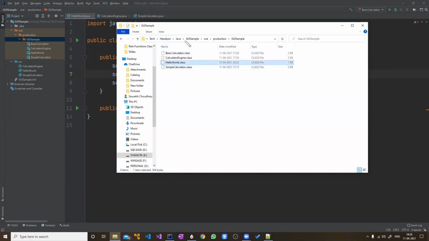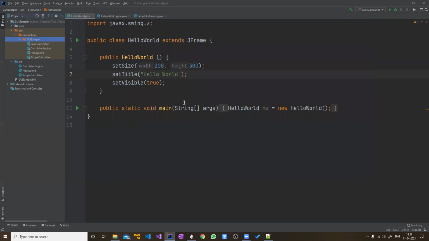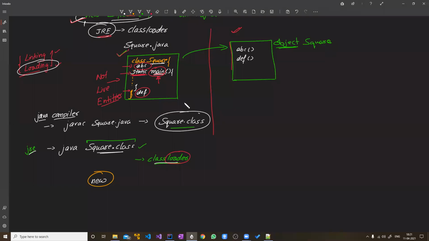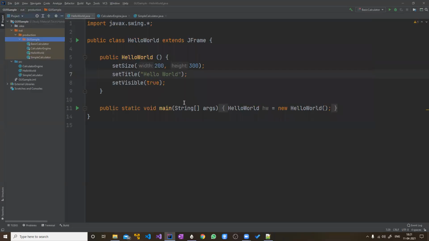If you go to a project before this, I think this March 3, let me see what all files are here. Yeah, here you can see all the .class files of rectangle, shape, square, triangle. How is this created? This is created by javac, which is a compiler. After that, when you execute the program, this is loaded into the memory.